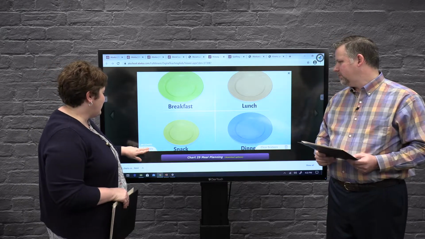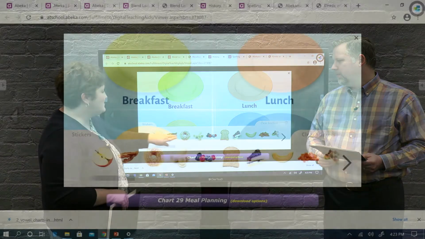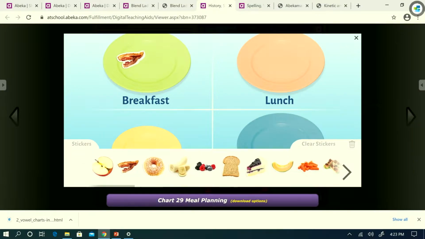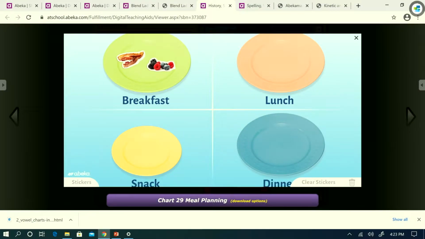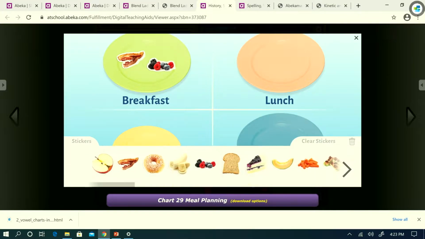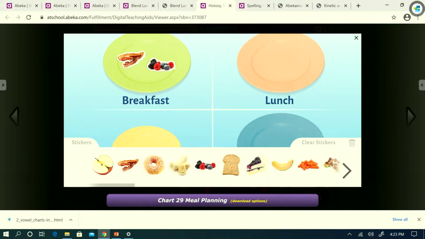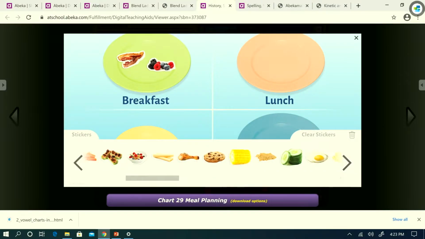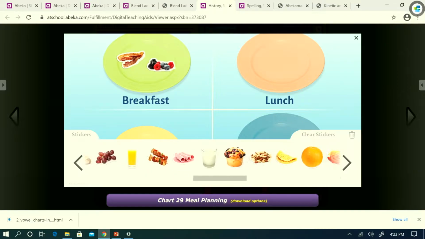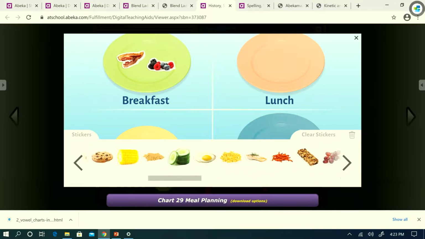And for meal planning, it has stickers. The students can come and build their healthy meal. Everyone in the classroom can see it. You can have them build one meal. The sticker bar slides by touch. You can slide it this way. You've got lots of choices, just lots of fun, interaction with the children, them coming up, being involved in the